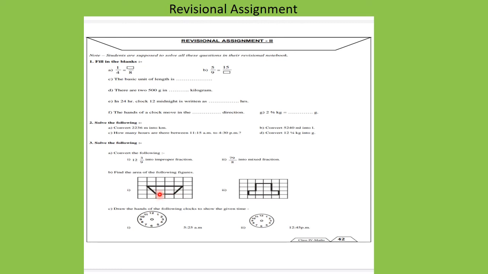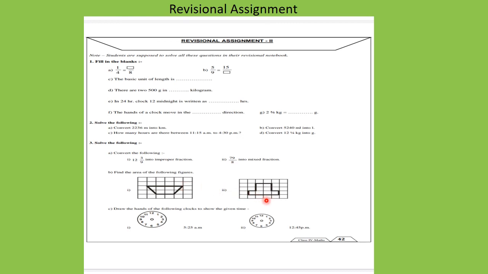So here we can see that we have 1, 2, 3 and 4 squares. So 4 square units we already have, but here it is less than half, here it is also less than half, but here we are covering more than half, and here also we are covering more than half. So we have around 1, 2, 3, 4, 5 and 6 square units as the area of this particular shape. Now let us see another one.